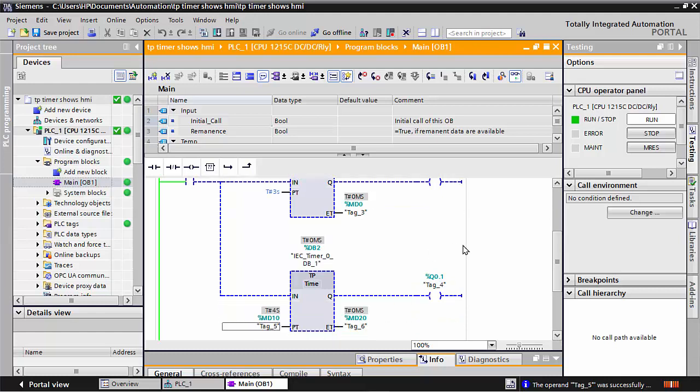And see, now I give the signal. This output will be on after 3 seconds, and this output is on after 4 seconds. 1 second has difference. This is 4 seconds. And if I need this